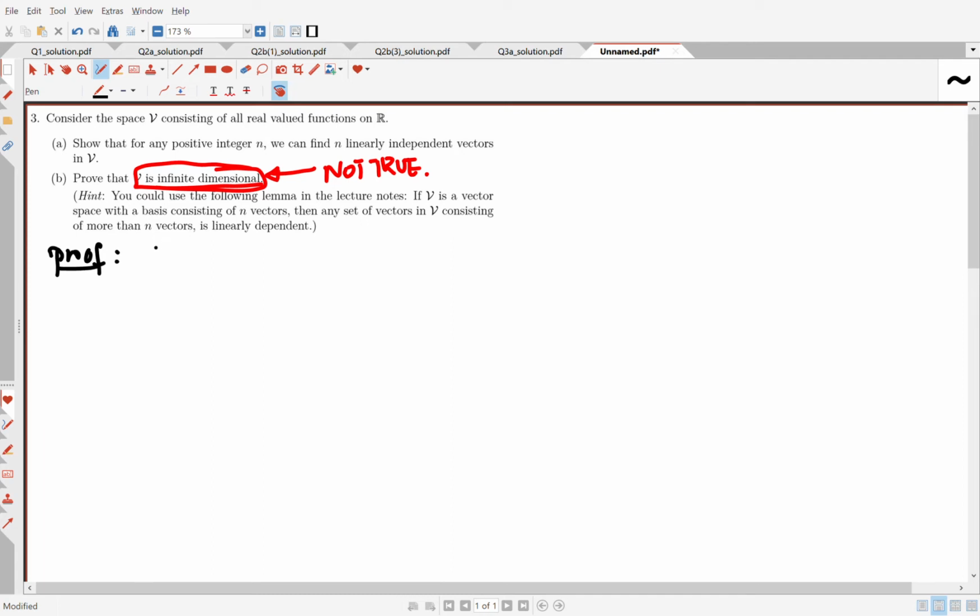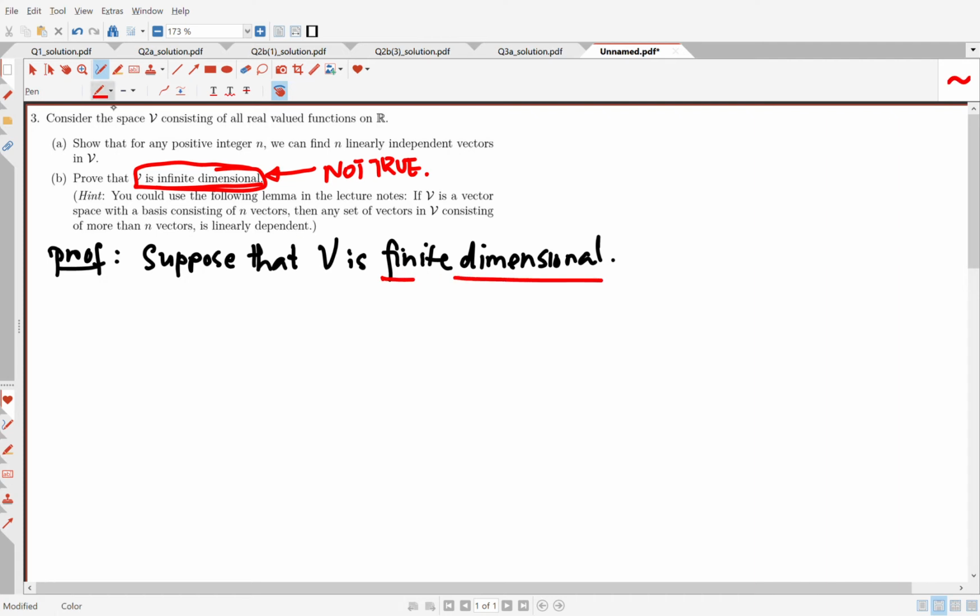Suppose that V is finite dimensional. Then what will happen? What does it mean by finite dimensional? It means that,